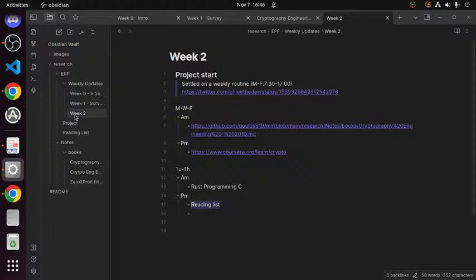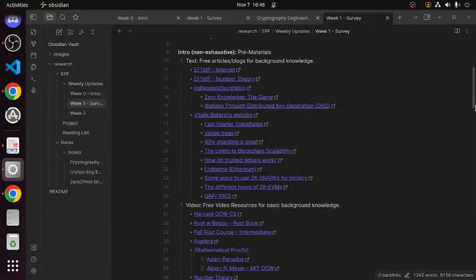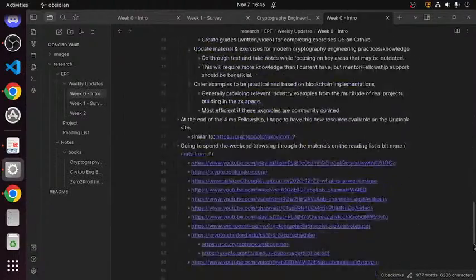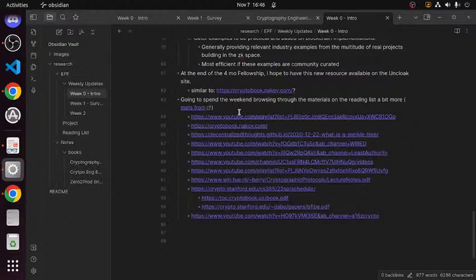There's also, at the end of week 0, I made a long list of resources to go through over the weekend. I didn't touch all of these. I went through quite a few of them actually, but there's just so much stuff.